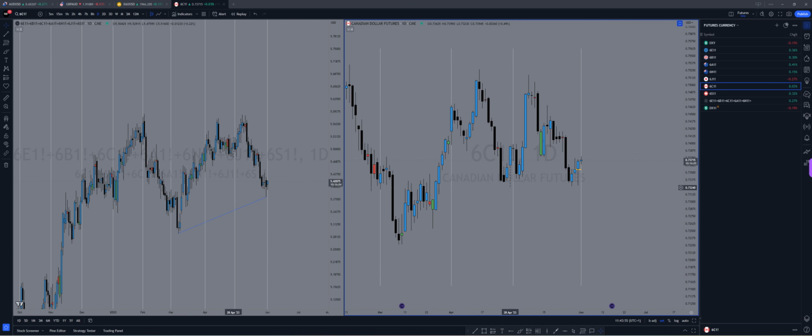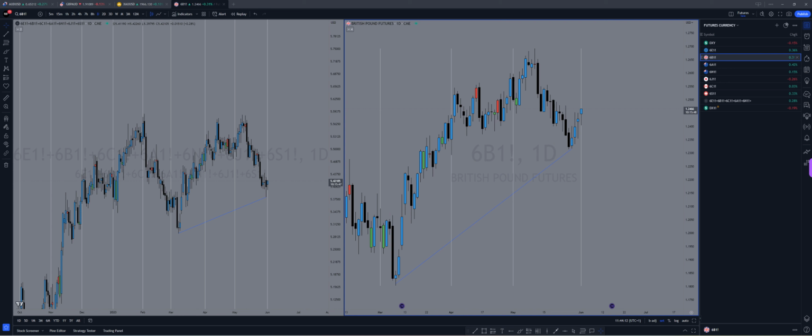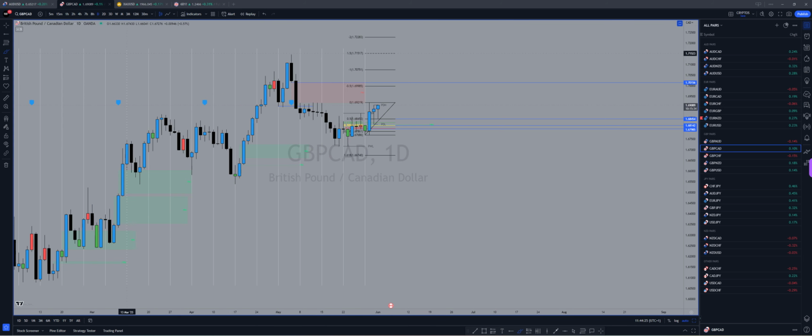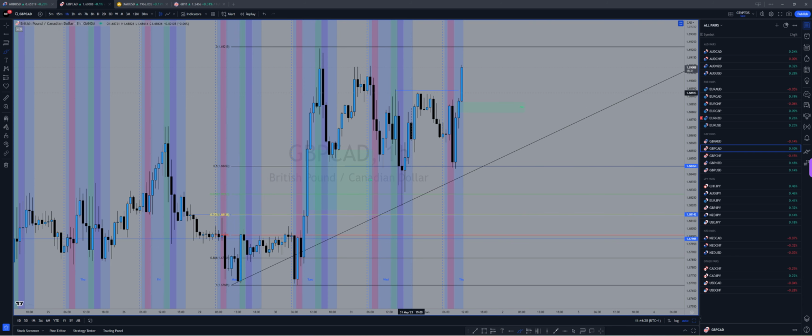CAD is going to attack this low and it's trading inside a fair value gap, so that's another forecasting there for you. From a fair value gap, you're gonna go and seek liquidity. So I forecasted that this is going to be weak, and the strength on this is going to sustain because there's no fair value gap, so price can keep going up. What that translates to is pound CAD. Pound CAD is here,